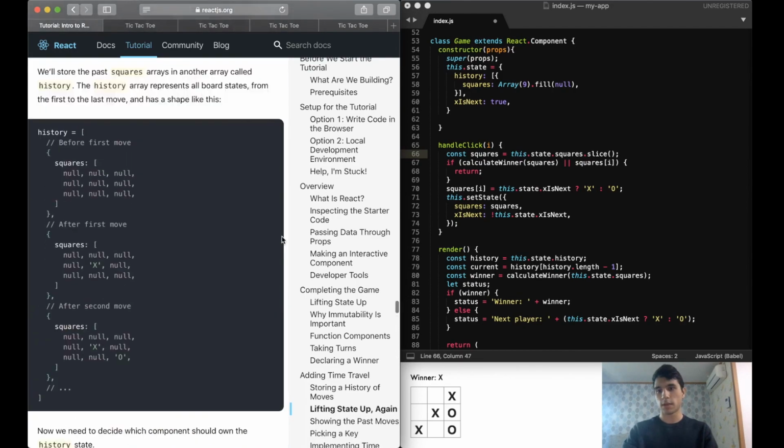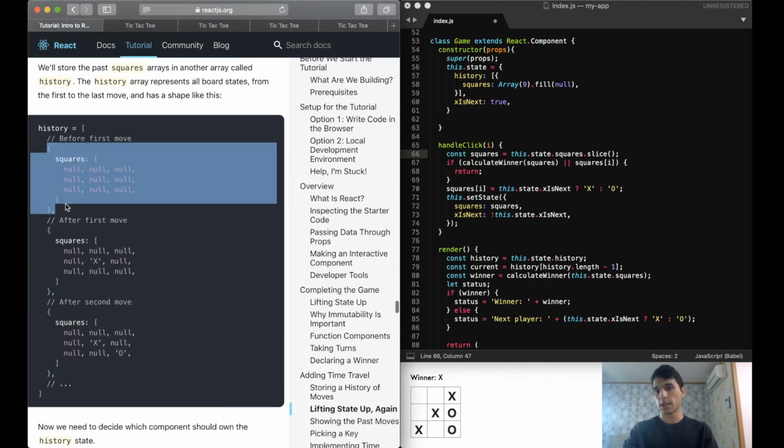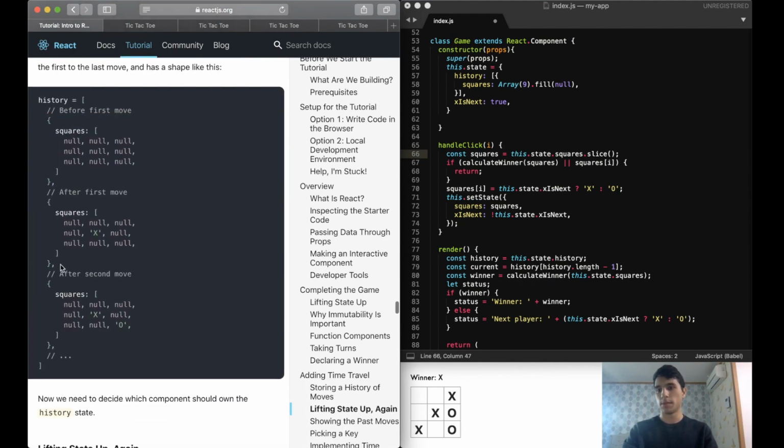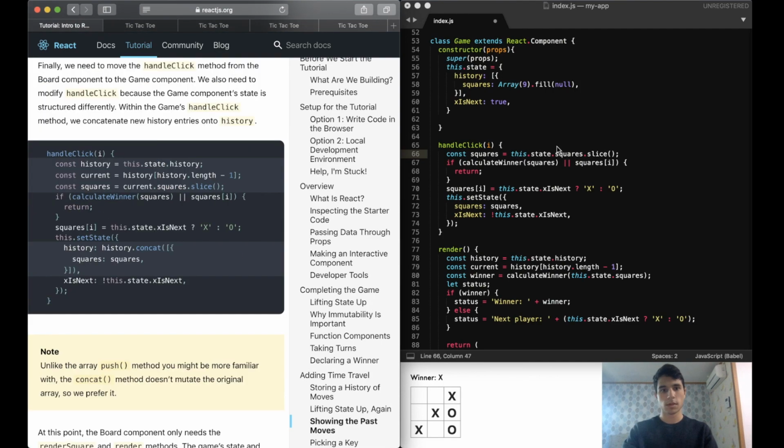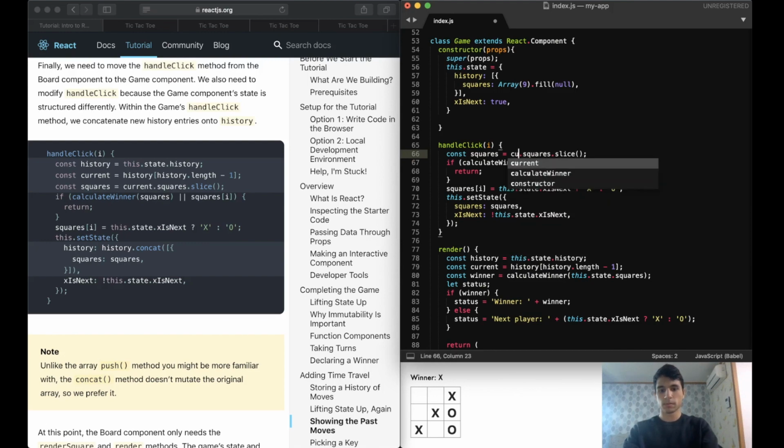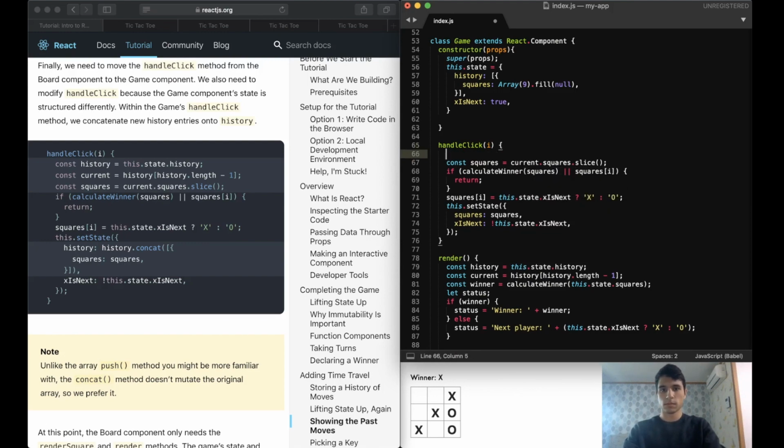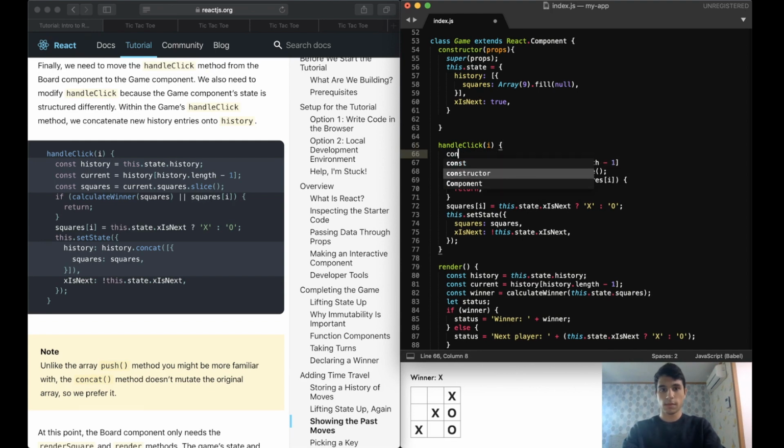So basically, in our structure, we have this array of dictionaries. For example, if we're at move 1, the current will be this, and current.squares would be this array. So this is how we will be accessing it. So let's update this. To do the current, and again for the shorthand,